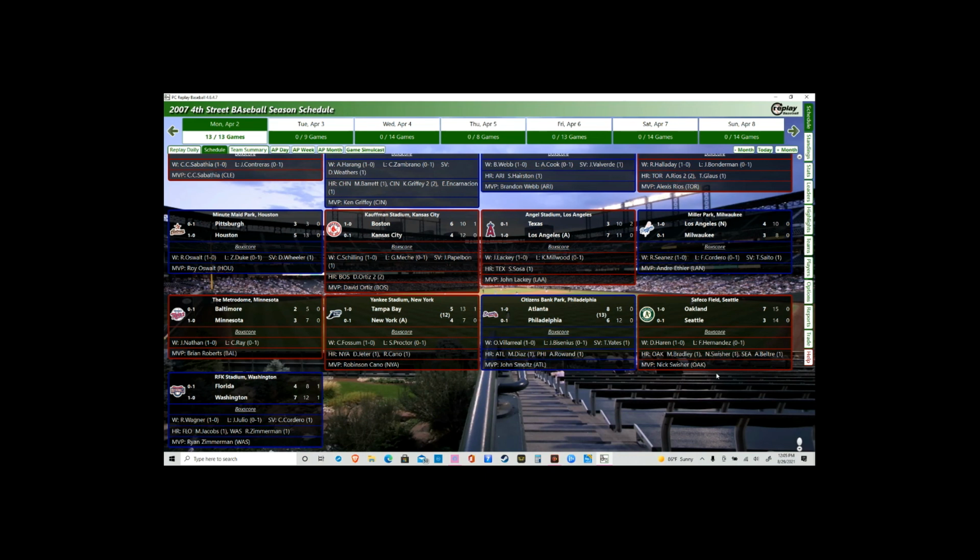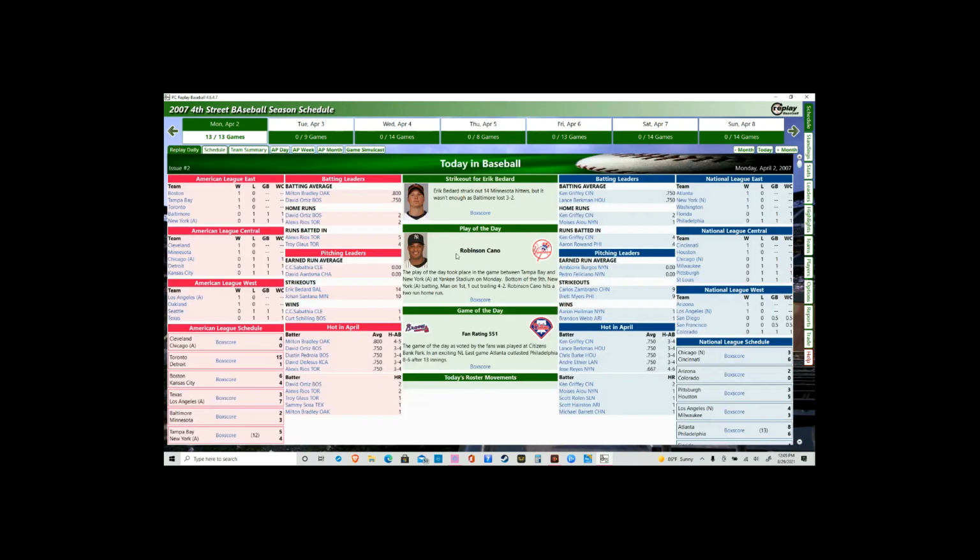Oakland 7. Seattle 3. Bradley and Swisher home runs for the A's. Beltre for Seattle with a home run. And the last game, Washington beats Florida 7-4. Home runs for Jacobs for Florida and Zimmerman for the Washington Nationals. So if we go to the replay daily, Eric Bedard striking out 14 Twins hitters, but they lost